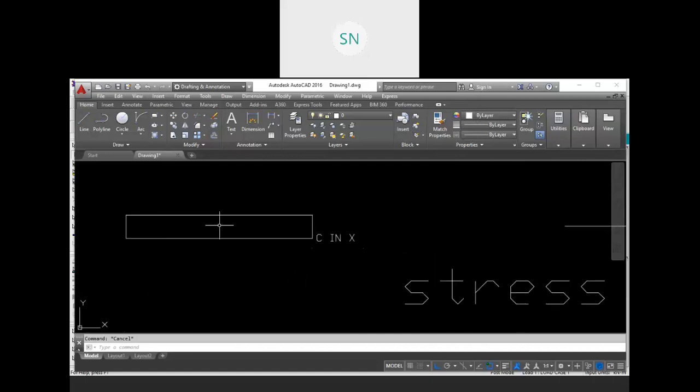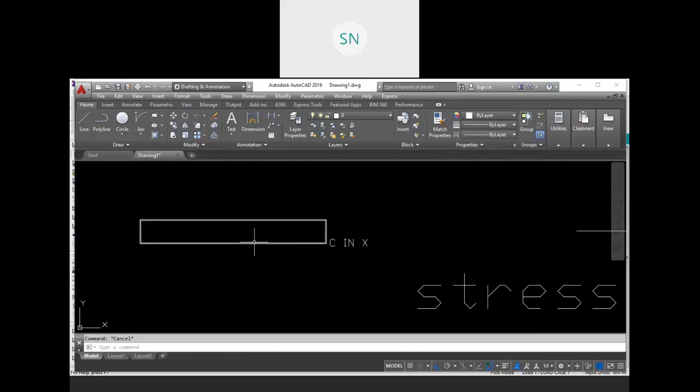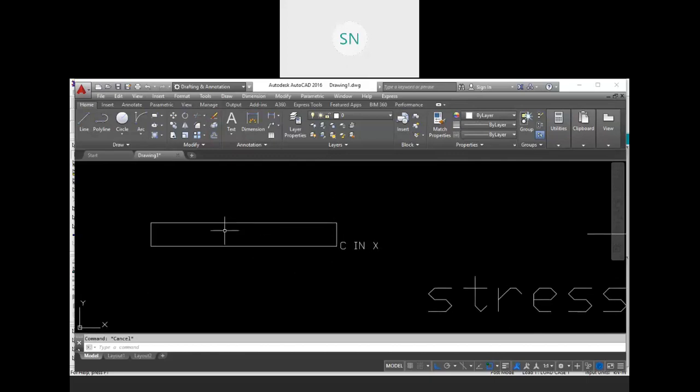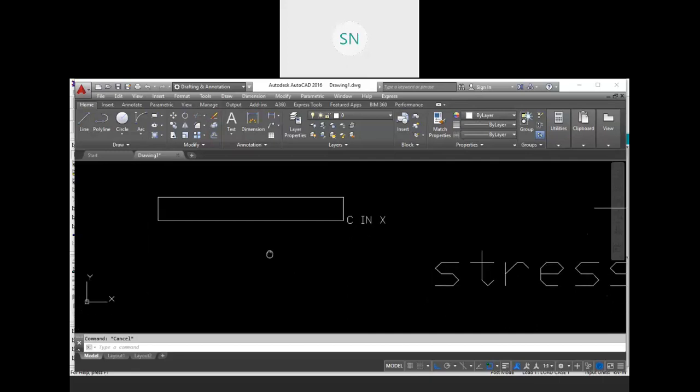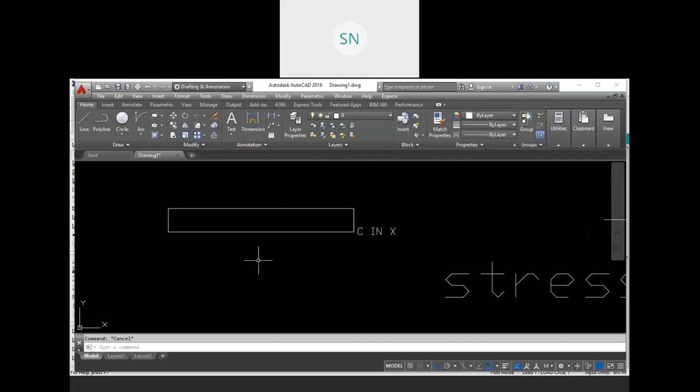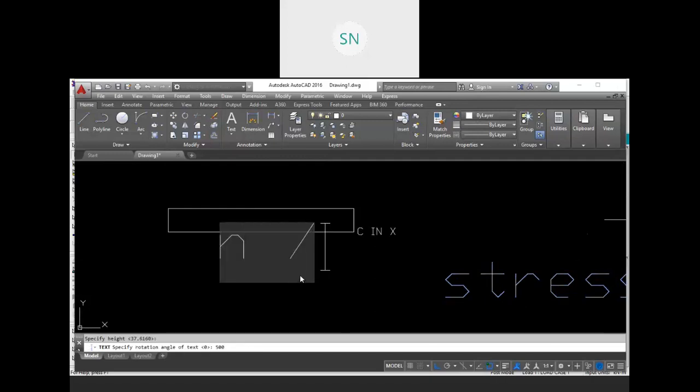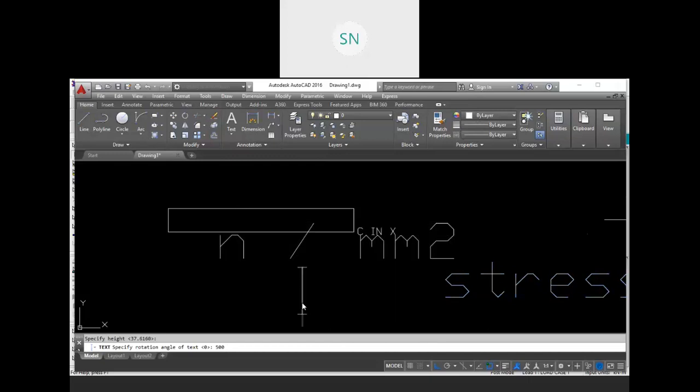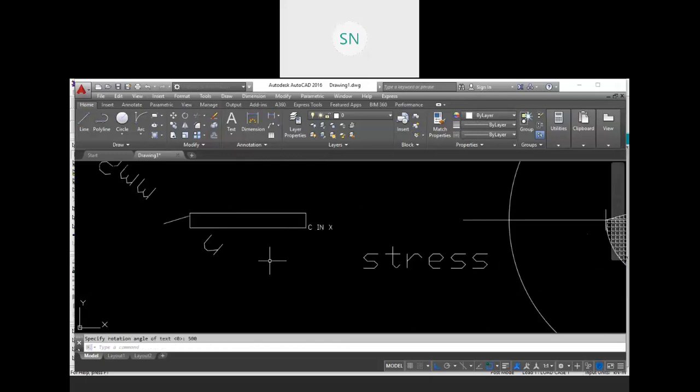But when we say that our part is going to break, for example, due to some load, this part generates 500 Newton per mm square stress. I am just giving you one example. So due to some load, after we calculate, this part generates 500 Newton per mm square.